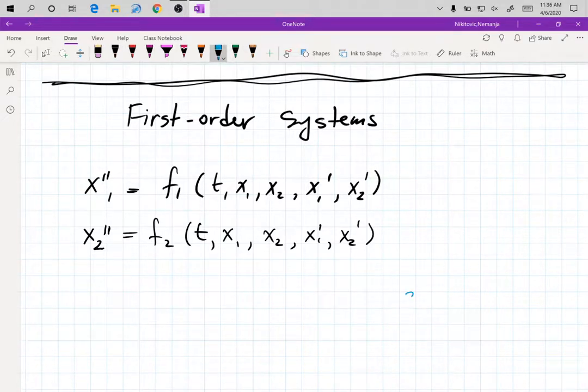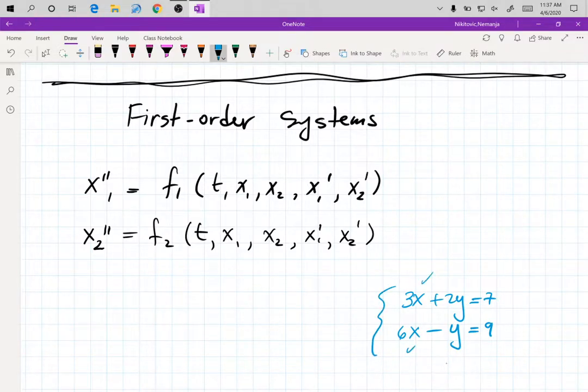Remember how you guys had 3x plus 2y equals 7 and 6x minus y equals 9, right? So these were your two equations. You see that both equations, even though this is a system and they're paired, had the same variables, right? And when you solve the system, if the system can be solved, you get x comma y. So that's the idea. Now, instead of having only x and y as variables, you have t,